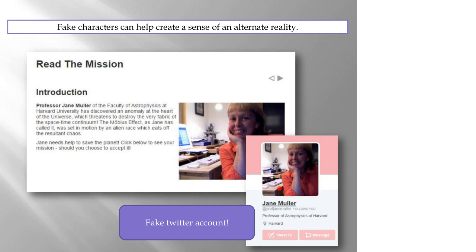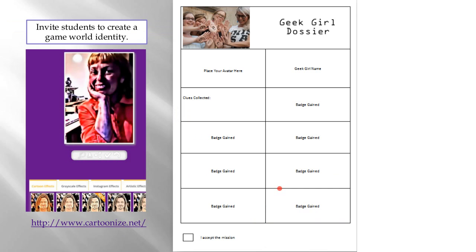The basic story behind this game is a saving-the-universe type of game. Something has been unleashed in the universe, which Professor Jane Muller has called the Mobius effect. She's discovered it, and she is the one who has the skills, with the help, obviously, of the students, to uncrack this and beat the aliens and save the planet.